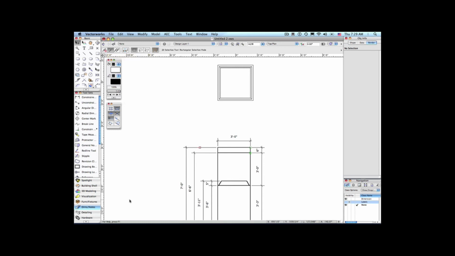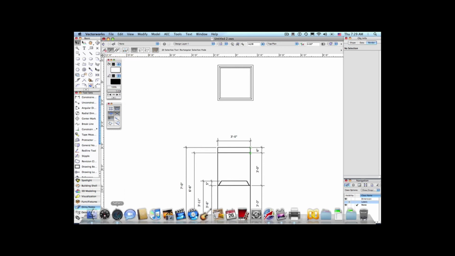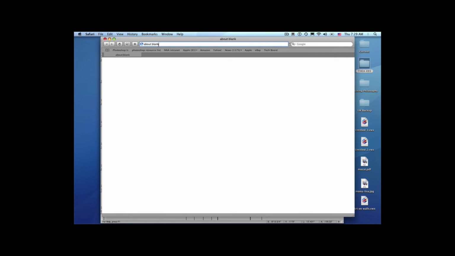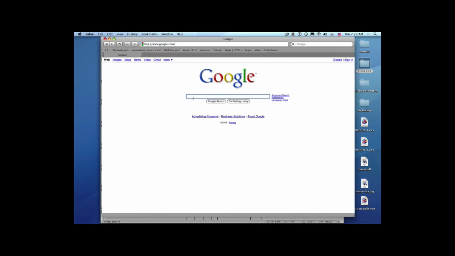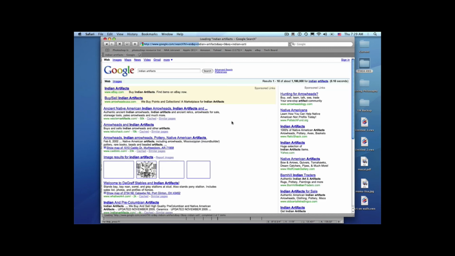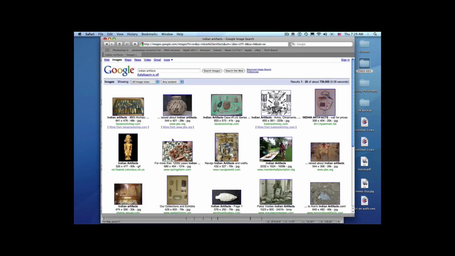And I want to show a new feature in the artwork. I'm going to start up Safari here and go to Google. And in Google, I'm going to look for some artwork. Indian artifact is what I'm going to be typing. And I'm going to use the images, search for images, and